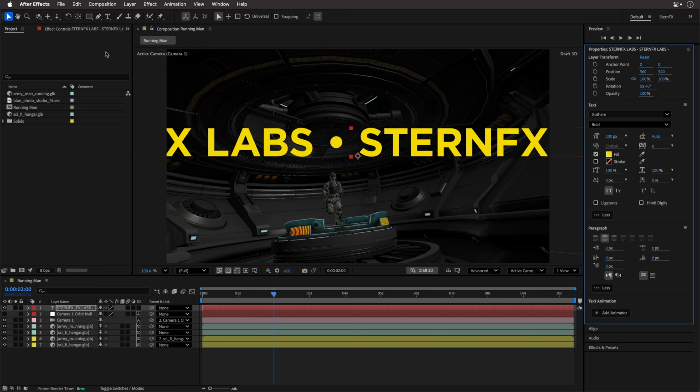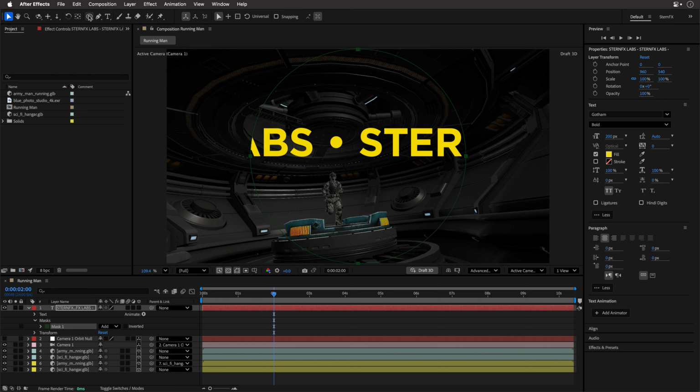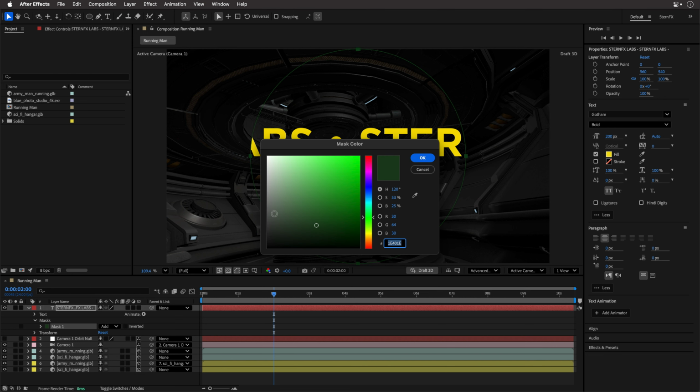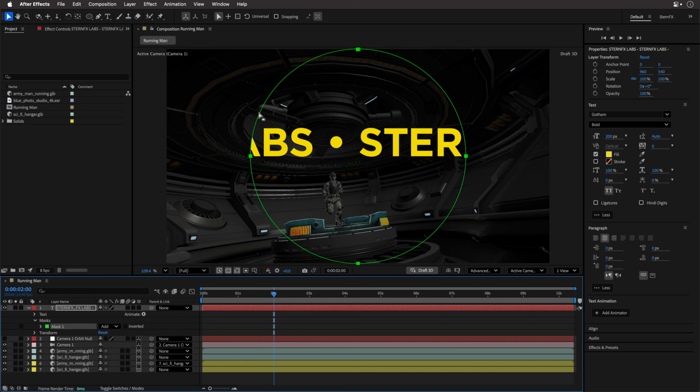Okay, so now I'm going to hold down Shift, and while the text is still selected, I'll switch to the ellipse tool, and then again, while holding down Shift, double click on the ellipse tool, and this is going to create a circle, of course. It's difficult to see it. Let's click on the color chip and just change it,